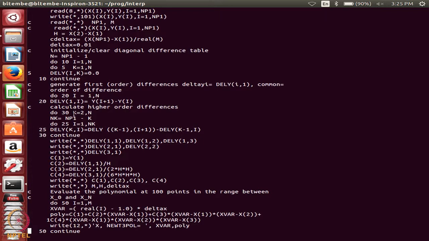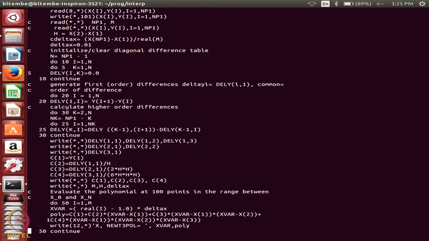The first time, with k equal to 2, I calculated all the second order differences. When k is equal to 3, n+1 minus k is 3. So, n+1 is 4, k is 3, so n_k will be 3. So, this is the third order difference. Del y, now k equal to 3. So, the first third order difference will be the difference between two second order differences.